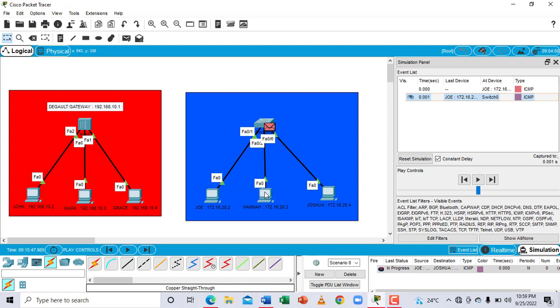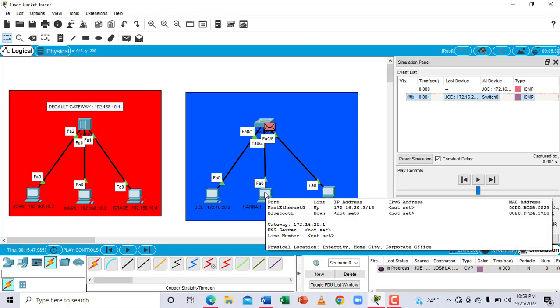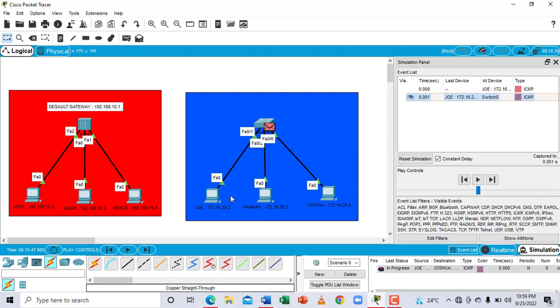Now, if we hover over this computer, we're going to find the computer's MAC address. You see here, the MAC address is right here on the right side. That is the physical address of this particular computer's network card. So the switch works with the MAC address, whether it's the MAC address of Hannah's computer, Grace's computer or Joe's computer, right? So whenever Joe is sending a message to Joshua, the switch will not broadcast. It will check in its brain, or in its MAC table, and then match whatever MAC address is inside the